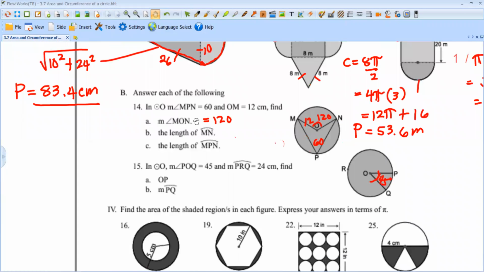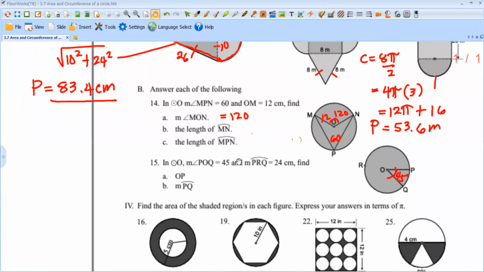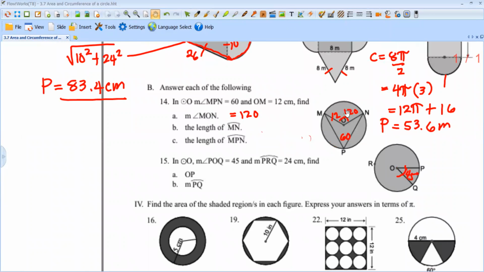Okay, so number 14, we are looking for the length of MN, okay? So there is a formula of the arc length. This is S is equal to theta multiplied by the radius. The S corresponds to arc length, okay? So, but the theta, or the angle, is in terms of radian, right? So what we will do here,